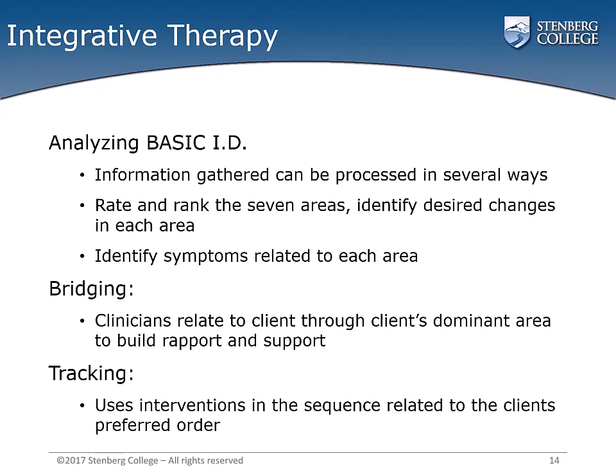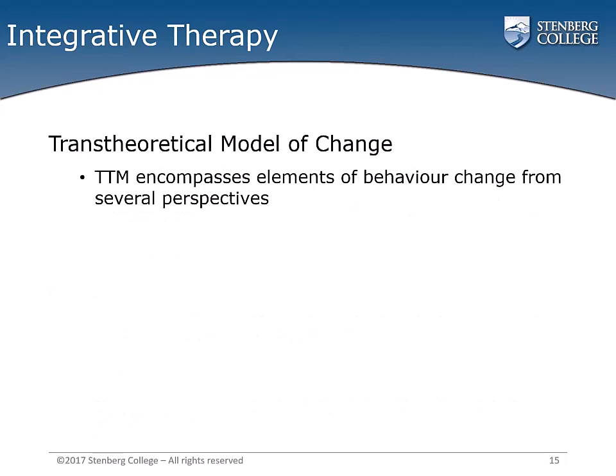So next, we'll take a peek at the transtheoretical model of change. The transtheoretical model of change, or what's referred to also as TTM in integrative therapy, offers a theory of behavior change that draws from many different theoretical perspectives, hence the word transtheoretical. TTM is also known as the stages of change model, and it considers the approach to developing theories necessitating both empirical research and clinical practice. So it provides an organized and step-by-step approach to planning and incorporating treatment strategies based on 5 stages of change, which we will explore next.